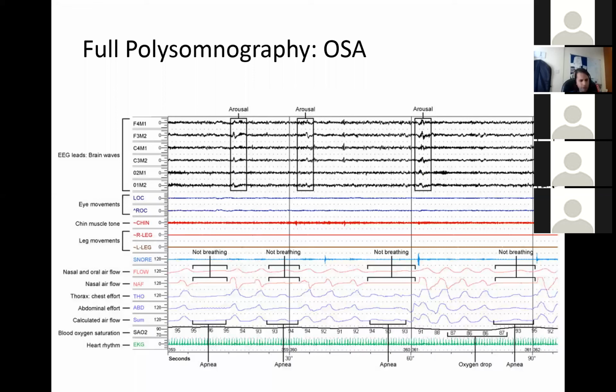I'm going to rush through now because I'm running out of time. This is a full PSG, which also has the EEG leads here. And the main point to pick up on is that you get the bits here from the cardiorespiratory polygraphy, not breathing and having an event. But what you miss without having the full PSG is the fact that you can see arousals on the full PSG. This is quite important for really accurate scoring. We do proxy scoring of these, but without actually having the full PSG, you can't definitely be sure that you're scoring the arousals.